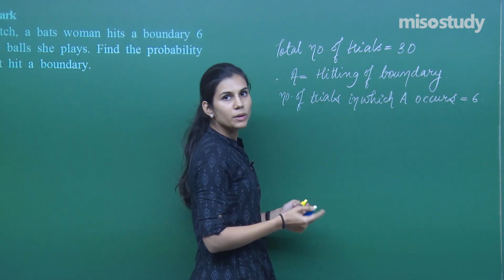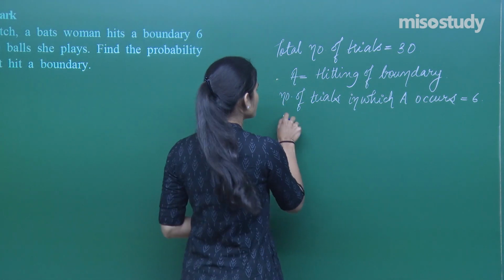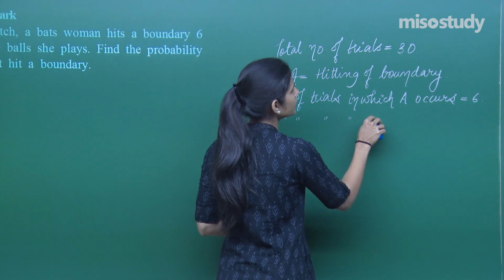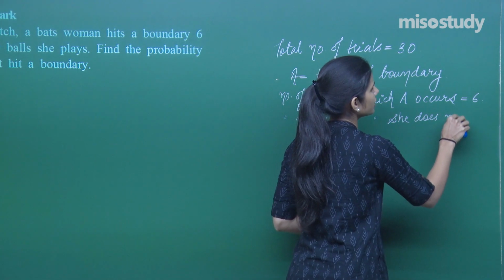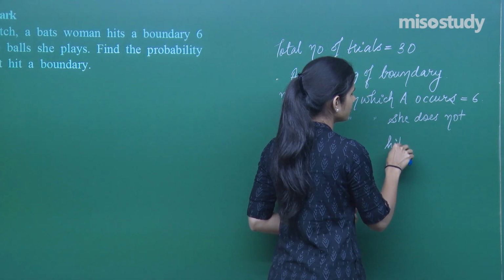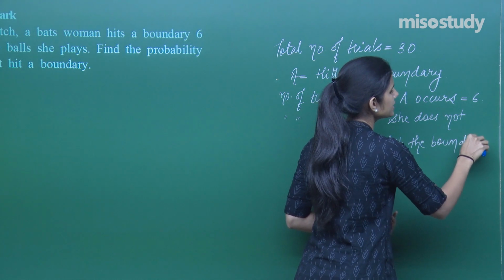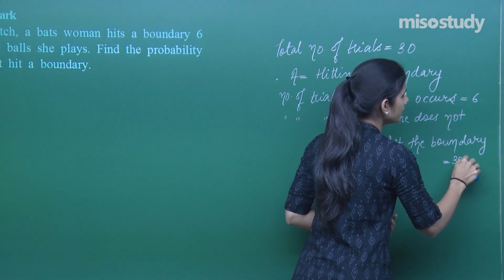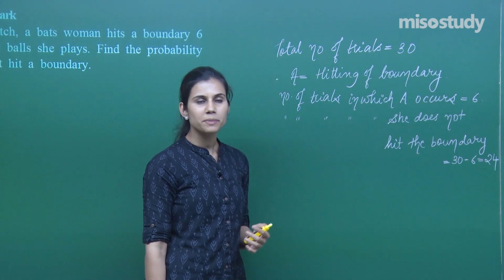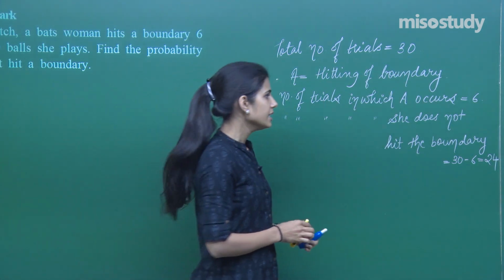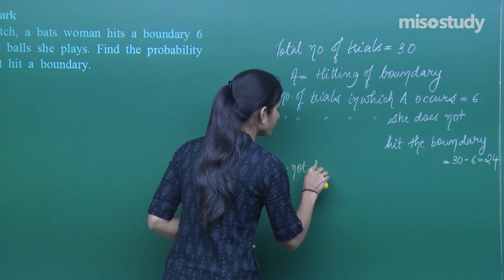What do you think will be the number of trials in which she will not be able to hit the boundary? Out of 30, in 6 trials she is hitting the boundary. So, 30 minus 6, that is 24 trials are there, 24 balls which she is playing, but she is not able to hit the boundary. If I declare not hitting the boundary